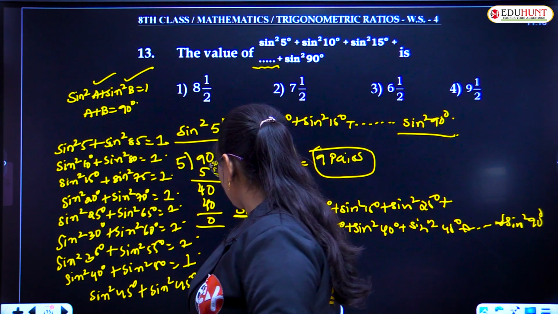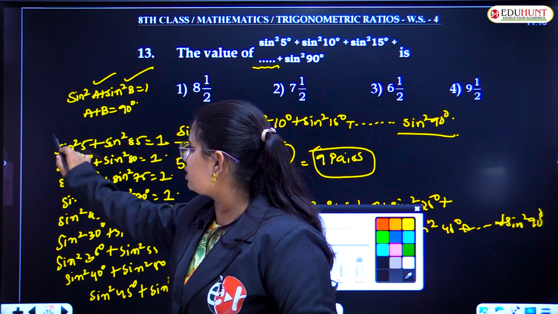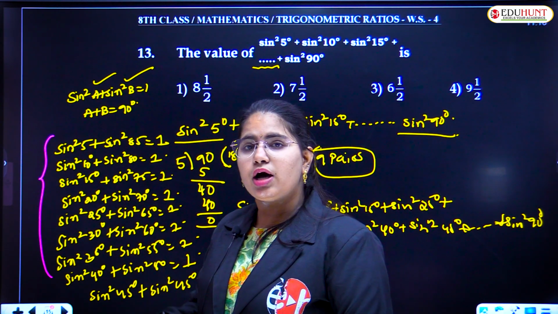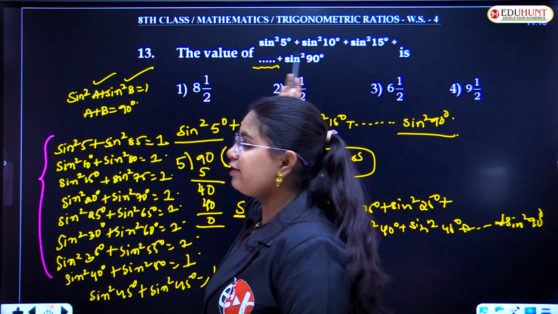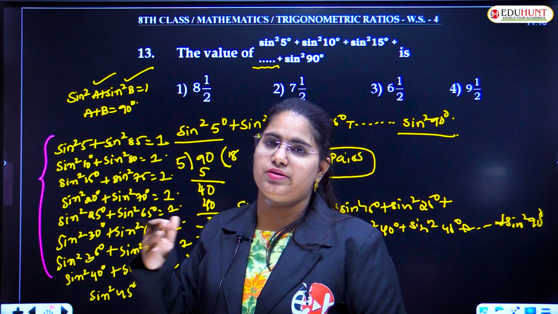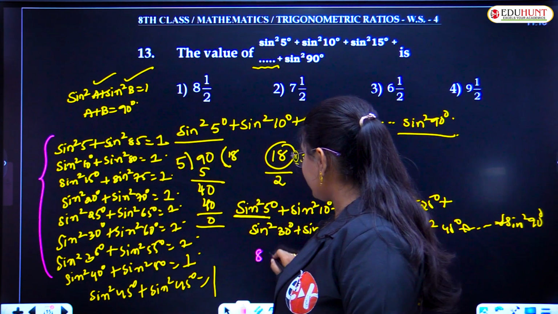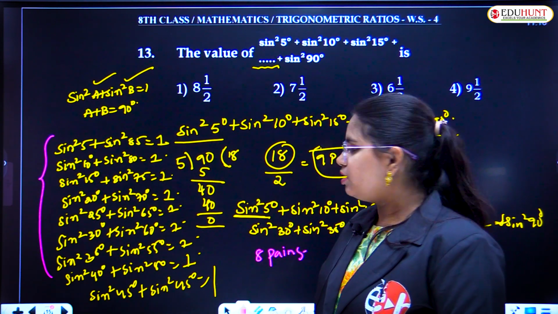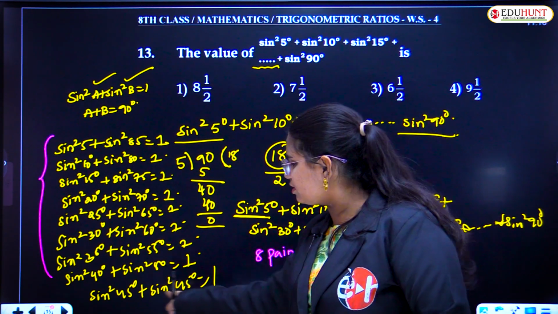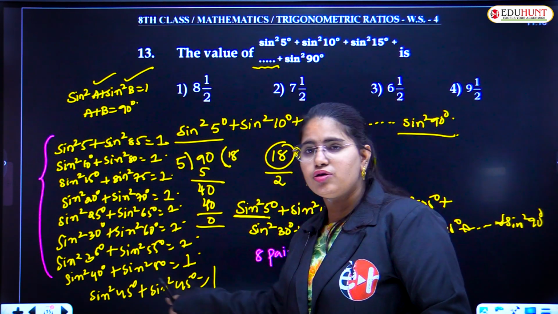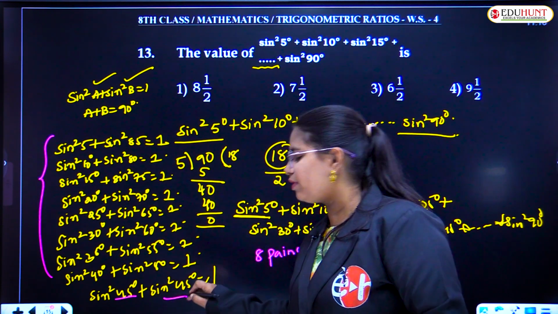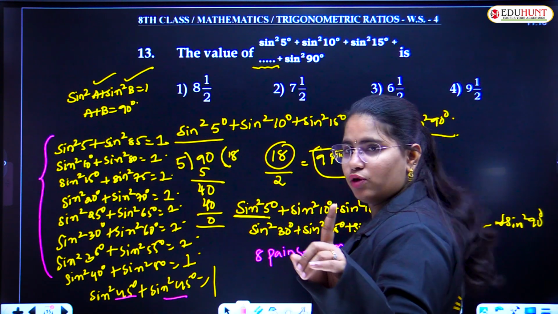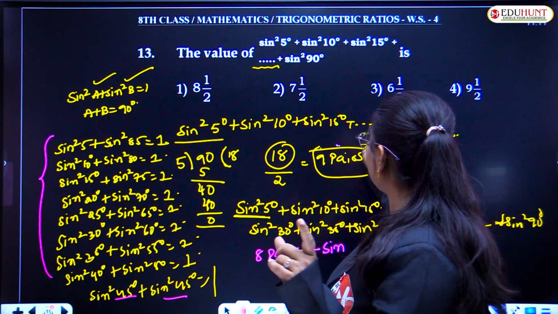So like that, if you are considering this, how many such pairs are formed? Just count 1, 2, 3, 4, 5, 6, 7, 8. So between sine square 5 and sine square 90 you are forming 8 pairs. It's 8 pairs. Yes. So along with 8 pairs, can I take a 9th pair? But that should not be the same, right? 45 and 45 are becoming equal here. So along with 8 pairs, what is the leftover pair?